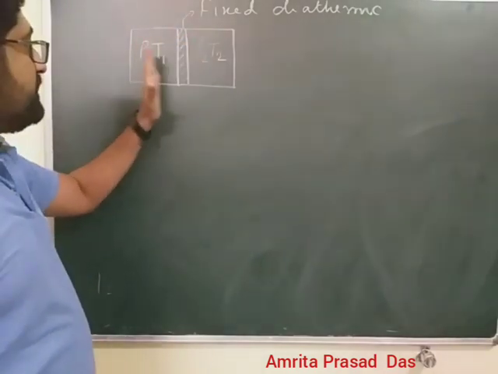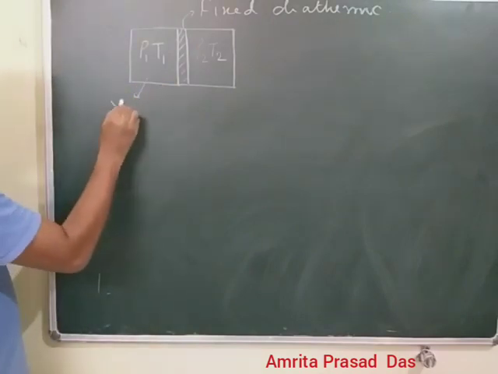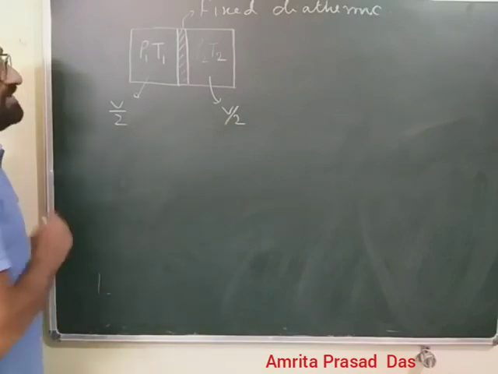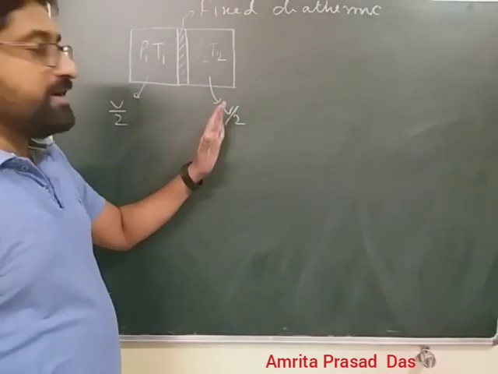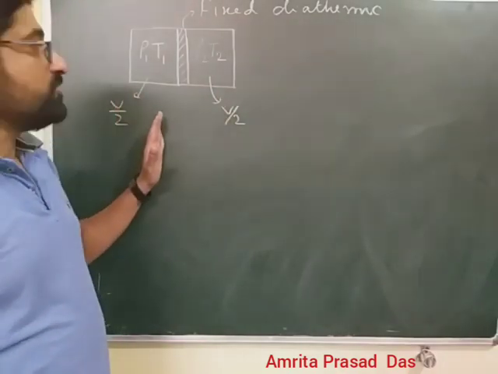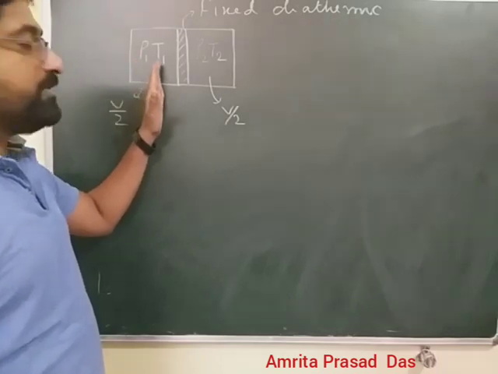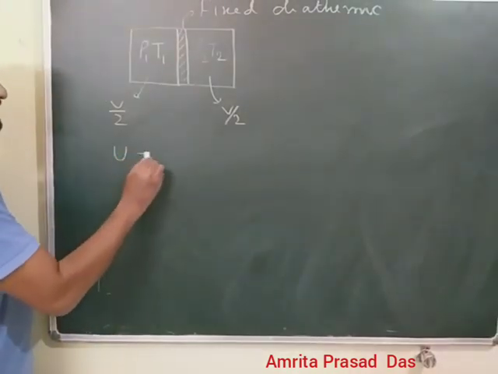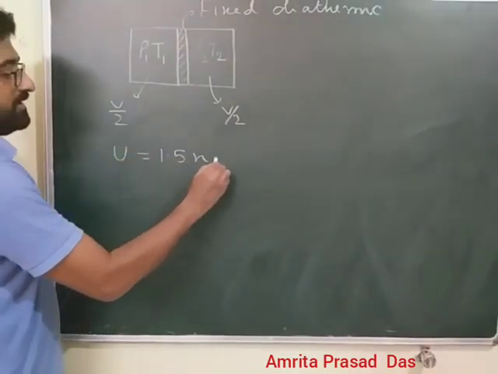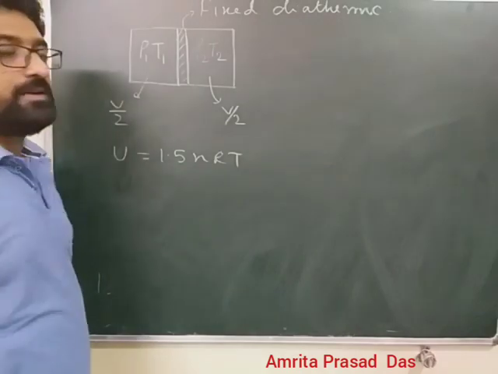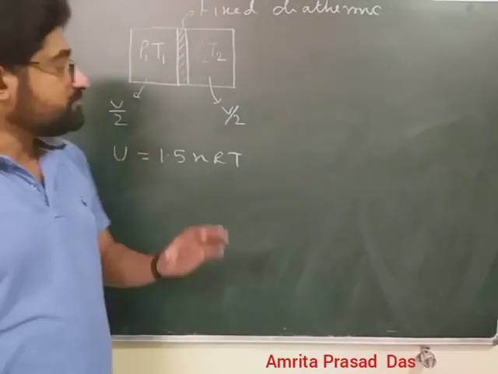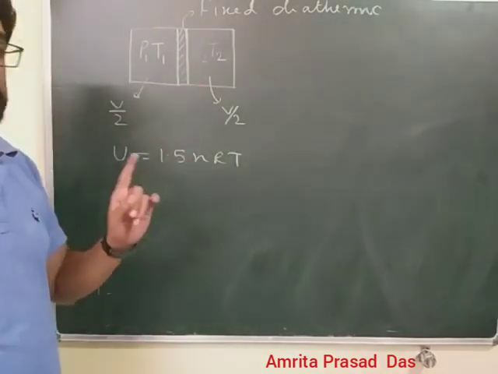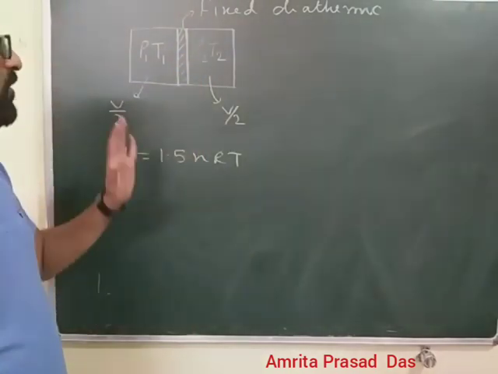The valve separates it in two equal parts. Therefore, the volume of the right side is V by 2, and the volume of the left side is V by 2. Initial pressure and temperature are P1, T1, and final pressure and temperature are P2, T2. It is given that this is the internal energy of the gas. Now, it is kept for a long time, and first of all you have to find out the work done